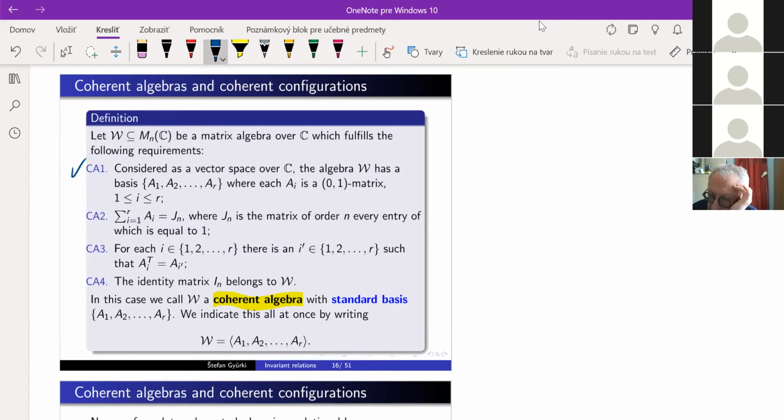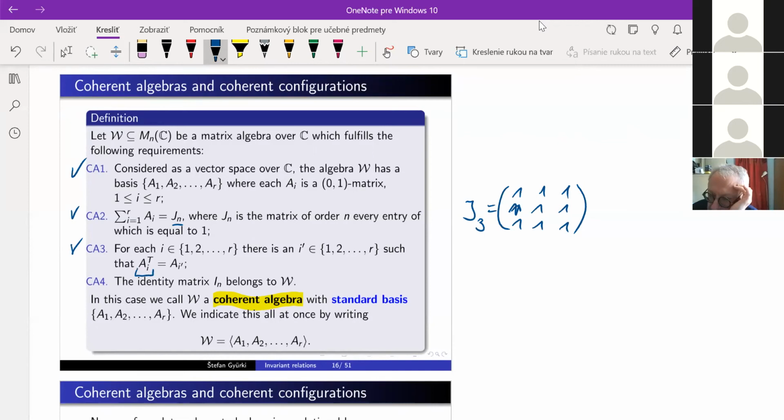And also we require that the sum of all basic matrices is the all-ones matrix. So this means that, for example, J3 is the matrix which has just ones as entries. And the third requirement is that if I have in the basis a matrix A,